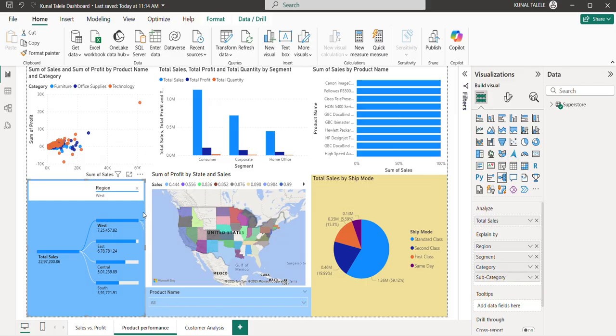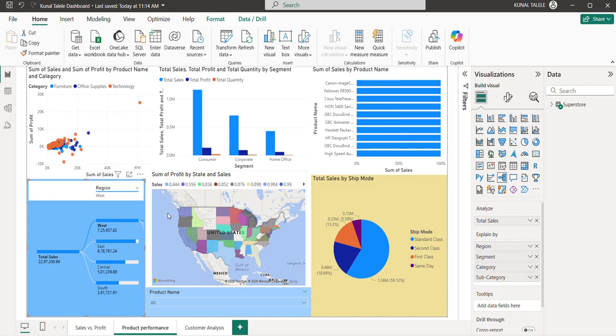Now, as you can see in the visualization, total sales is shown at the root. The branches break down performance across west, east, central, and south regions. Now moving on to the next visualization, that is a field map chart that shows sum of profit by state